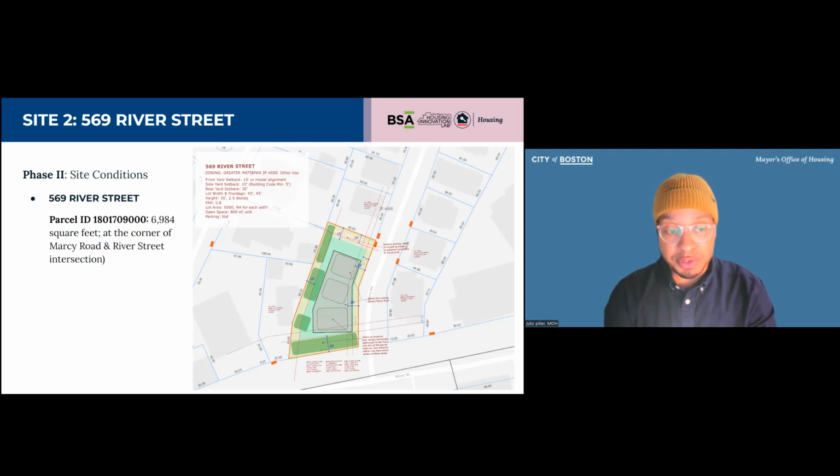This site also has mature trees similar to 379 Geneva along the boundaries. And the goal here will also be to preserve those trees as part of any development that happens on the sites as well. Within the vicinity, there are a number of businesses and storefronts, again, very similar neighborhood context to 379 Geneva. And the site does share its boundaries with a privately owned parcel and features an existing curb cut on Marcy Road.